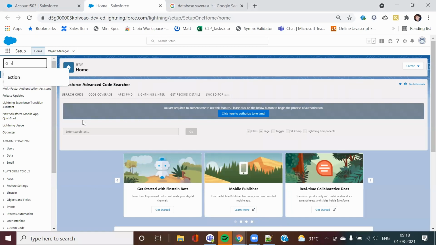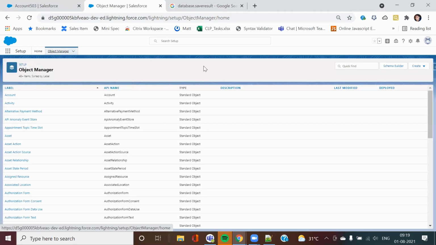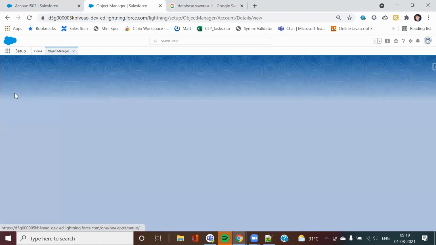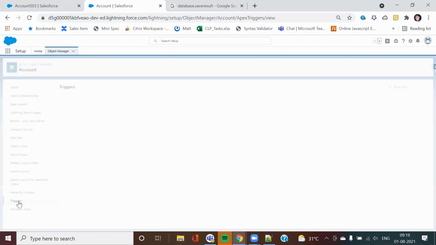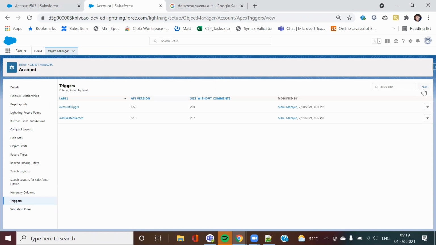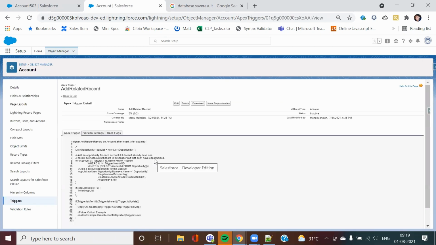So you go to object manager, and here you go to triggers. Here you can click on new and write your trigger. This is the trigger that we are going to discuss. So this is one way I can write the trigger.